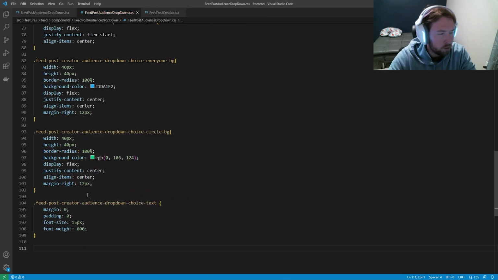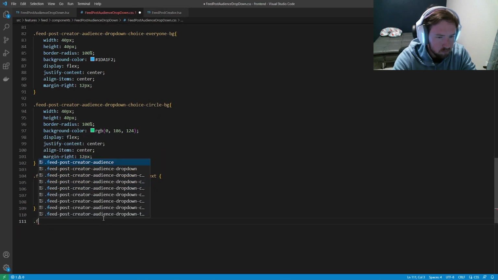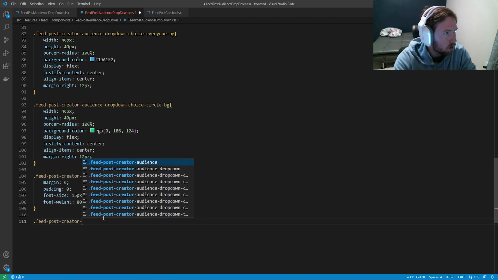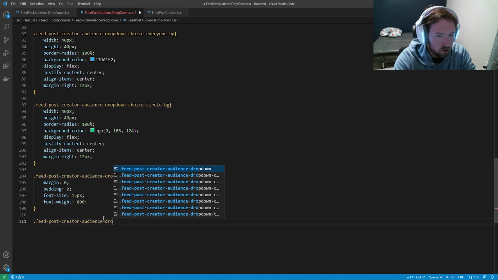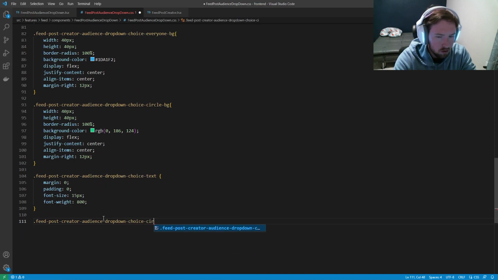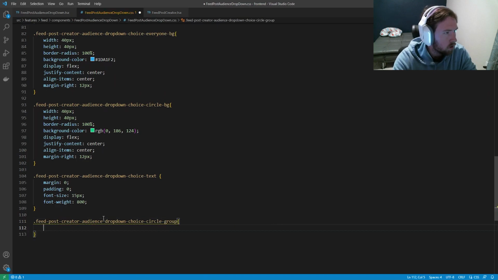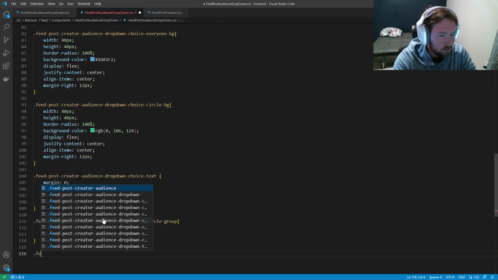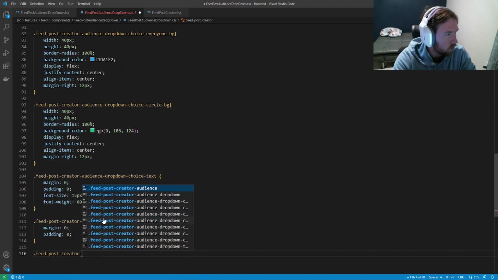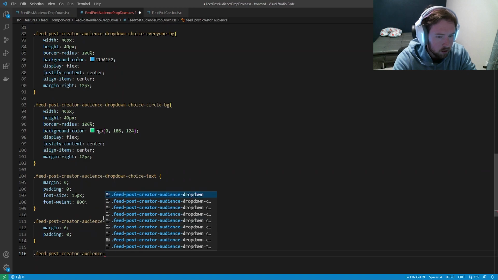That's just going to kind of put some text stuff up. feed-post-creator-audience-drop-down-choice-circle-group. So this one is kind of like the last little bit. So this is going to have a margin of 0 and a padding of 0. Then we're going to have .feed-post-creator-audience-drop-down